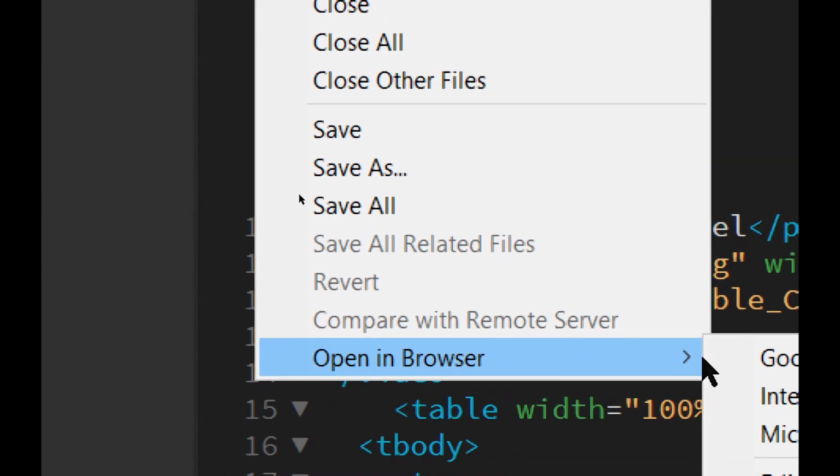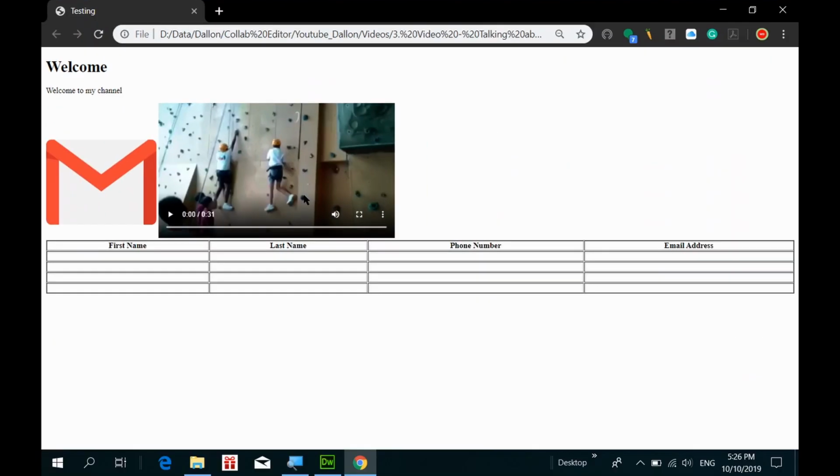Open the browser in Google Chrome. See? Okay. Our table is successfully created without any styling for HTML. Really, it looks pretty bad without any styling. So